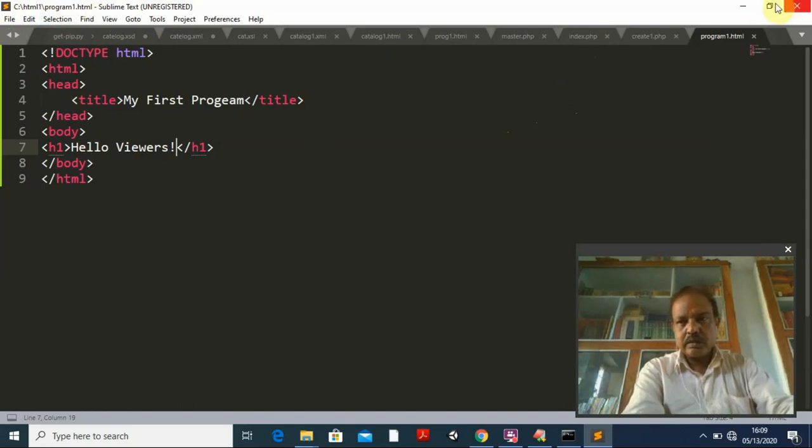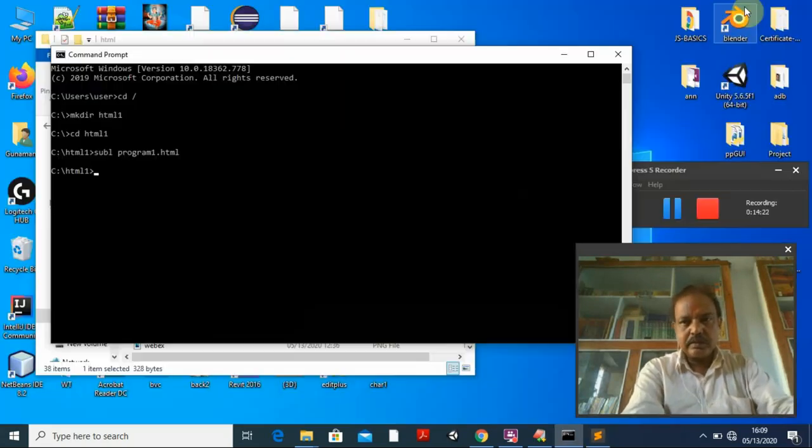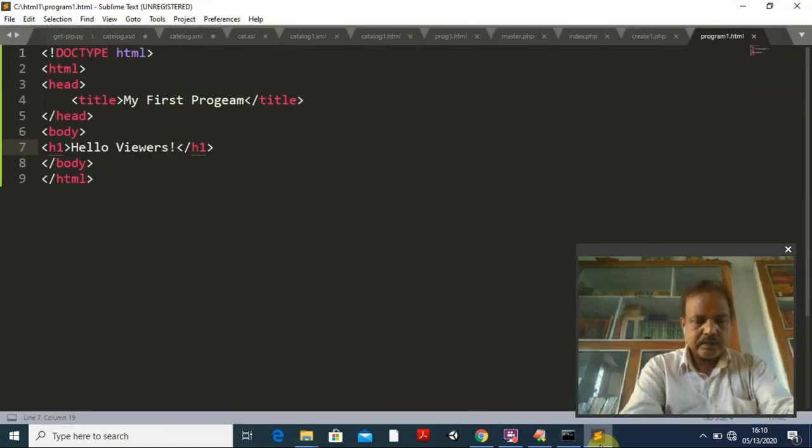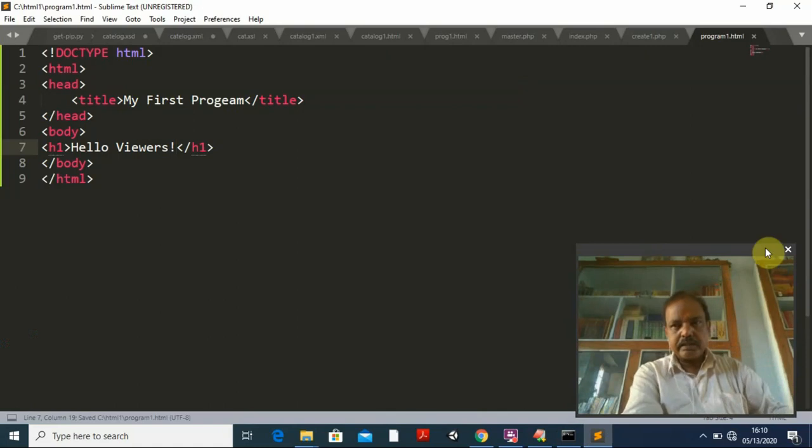Now I close it or minimize it, and close this also. Then program1. Have I saved that one? I have to check it. Yeah, Control S. Yes, I saved it now.